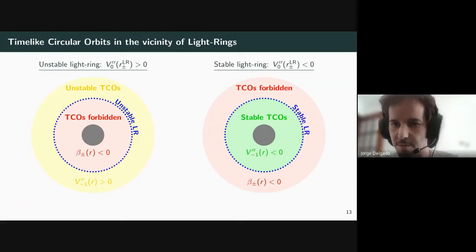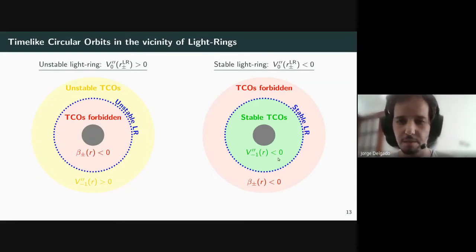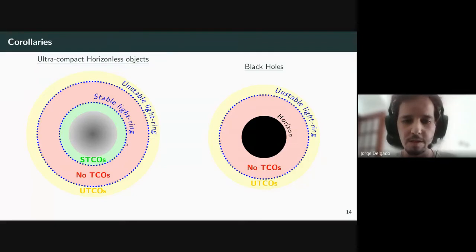And for the stable case, the inner region of the stable light ring will always be a region of stable time-like circular orbits, since the stability is now negative, or the second derivative is now negative. This is one of the main results of our work. And with this result, we can show that in the case of ultracompact horizonless objects, the region between the two